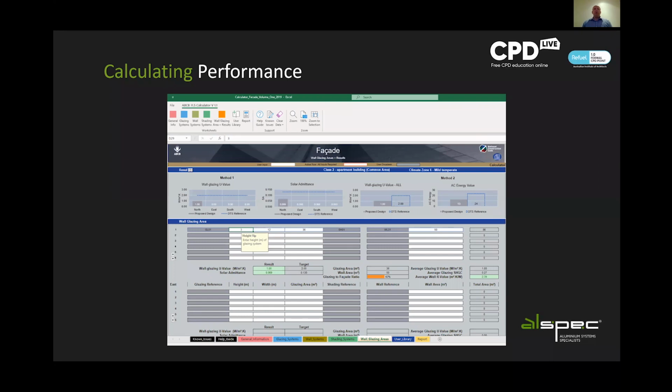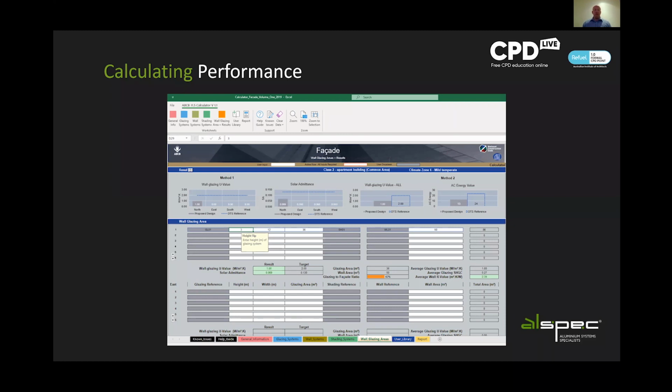So how do we calculate performance? The ABCB has released a facade calculator to assist in calculating the overall performance values and total SHGCs, by calculating the weighted averages of the component performance criteria. So look, essentially you've got a glorified Excel spreadsheet, and you put your